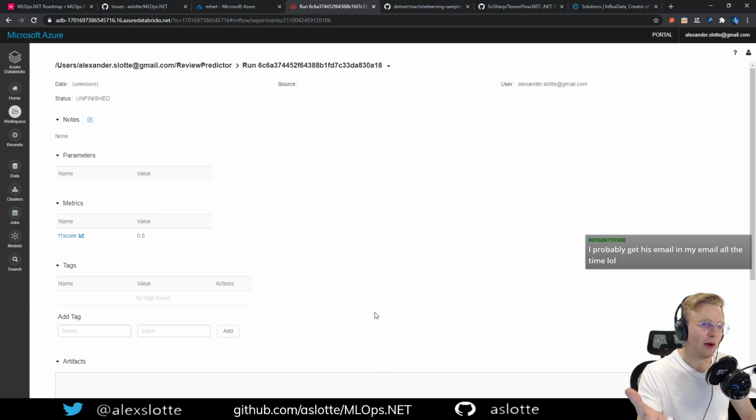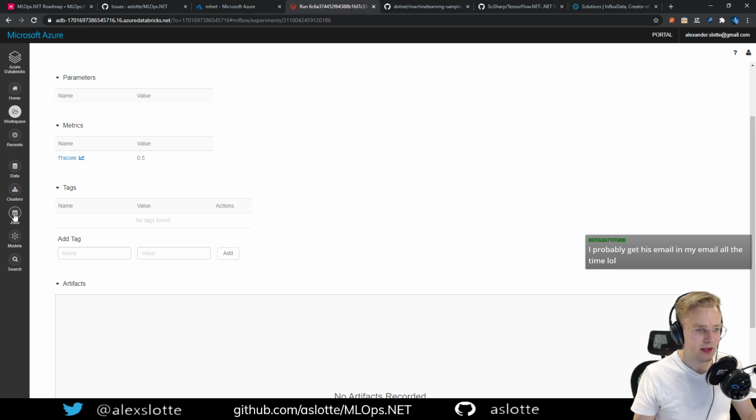But in general, this is how MLflow works. They have this UI, so you can see how your model performs as well. Because right now we only have the possibility to track these things from the code: we can track our scores, our parameters, our labels. We have no UI yet to see these things. And